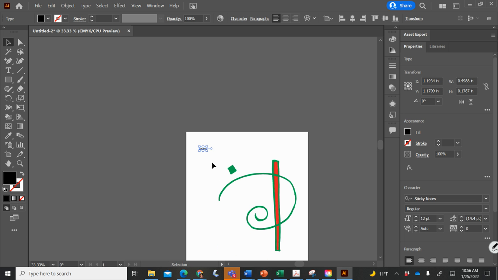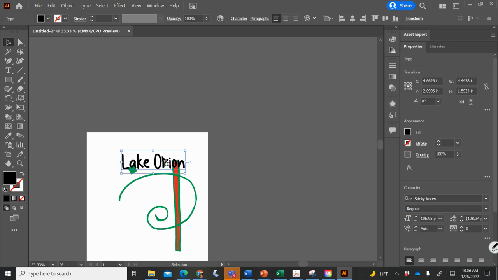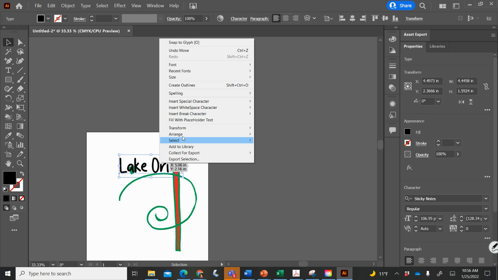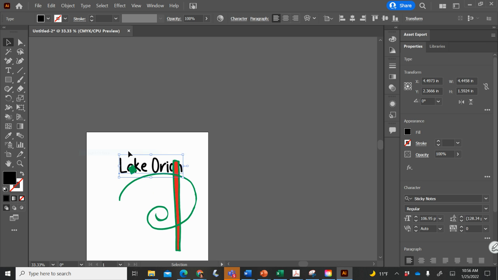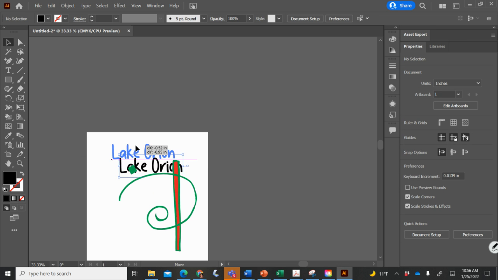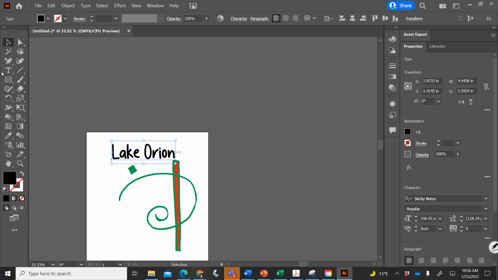And then if I hold Shift with my arrow tool and drag, I can just make that bigger or smaller. And you can right click and arrange and bring it backwards or forwards. Remember with text as well, if I want to change each word to a different size, I usually just type them separately. So up,